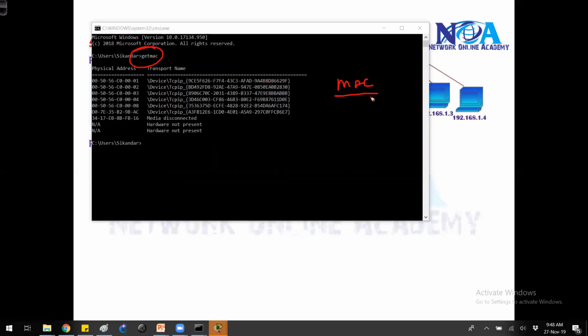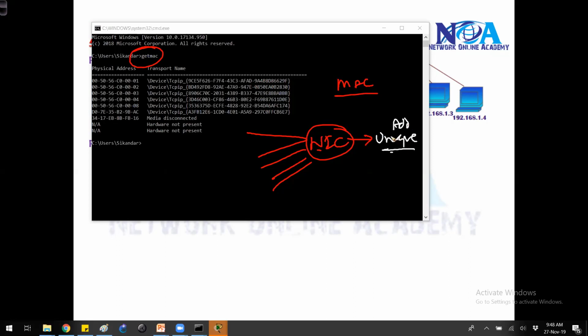So every device, every NIC or every interface card, whichever interface you connect, will have its own unique address, and this address is generally a 48-bit address.